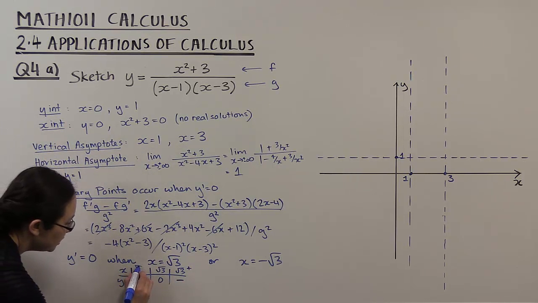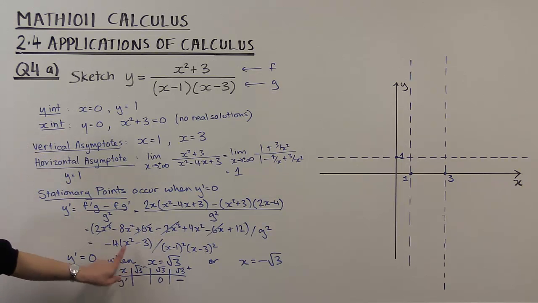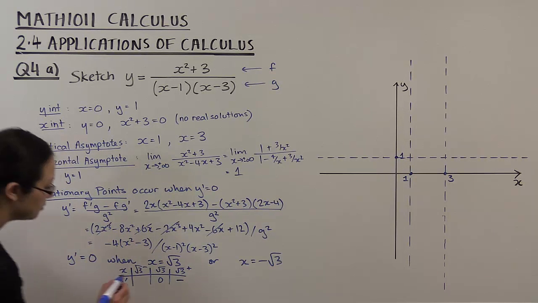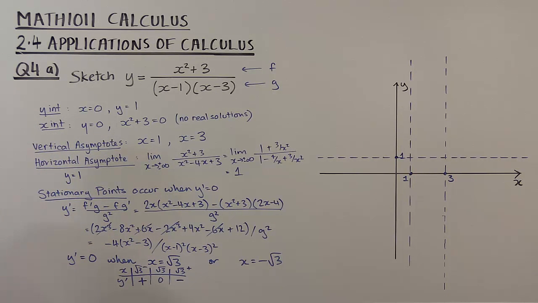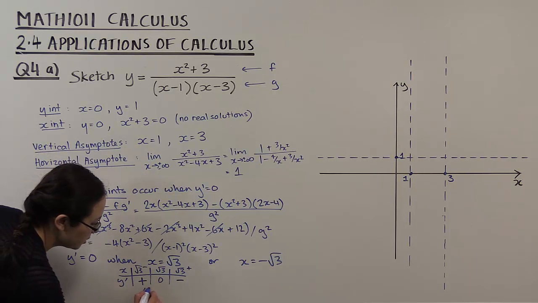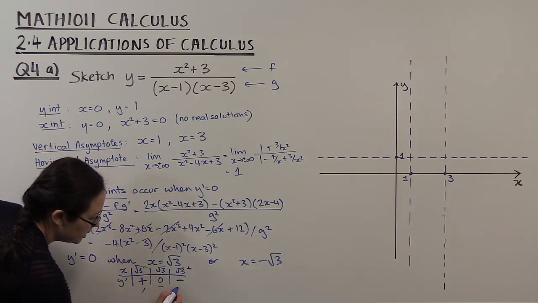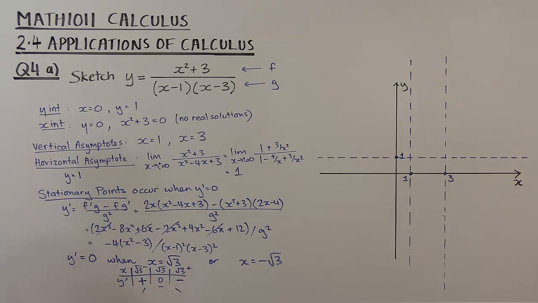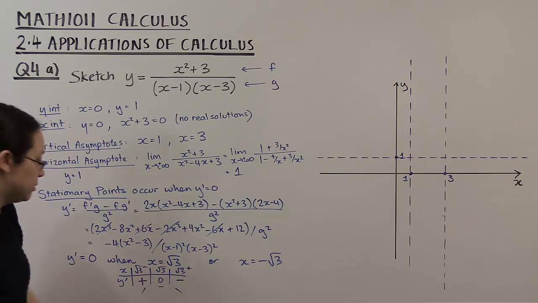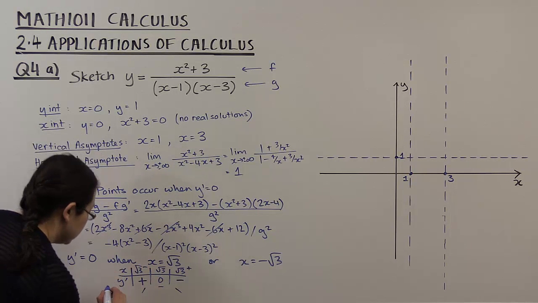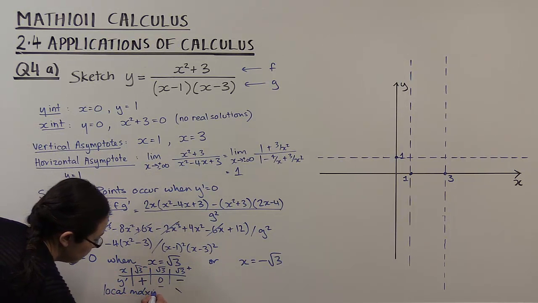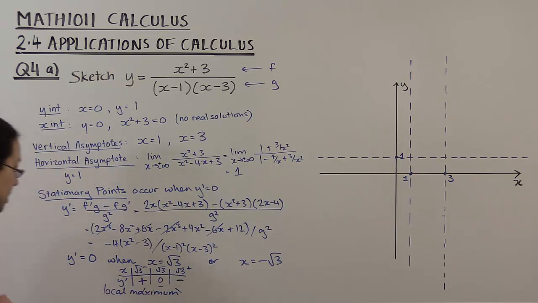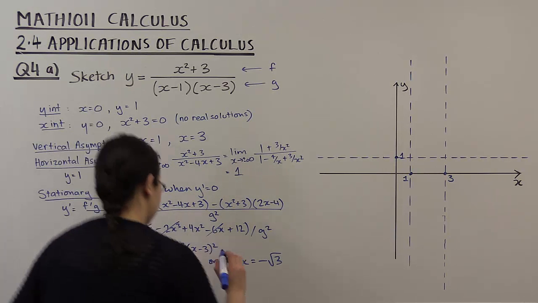Whereas if I'm a little bit less than root 3, then this is going to be negative in here. So minus 4 times a negative will end up being positive. Again, I'm dividing by a positive number, so that's fine. So I know that this is going to have a positive gradient, then it's flat, and it has a negative gradient, so this is going to be a maximum here. So this is a local maximum. Okay, whereas at minus root 3,